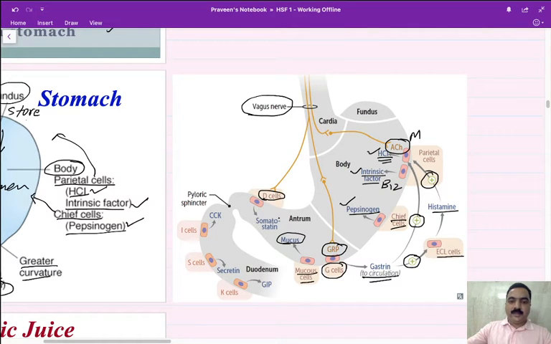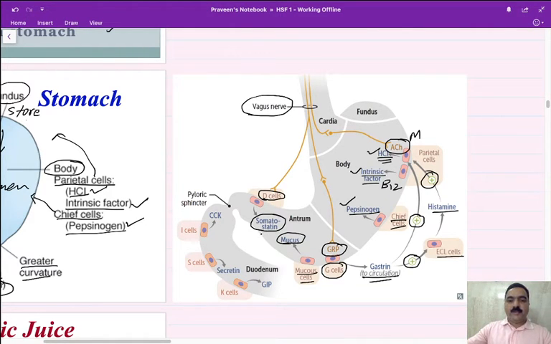D cell secretes somatostatin. Somatostatin is the major inhibitory hormone over here. So this acts as an inhibitory hormone, inhibiting all other factors like gastrin, and the other secretions in the stomach are also inhibited